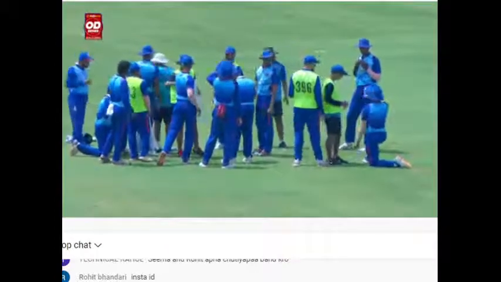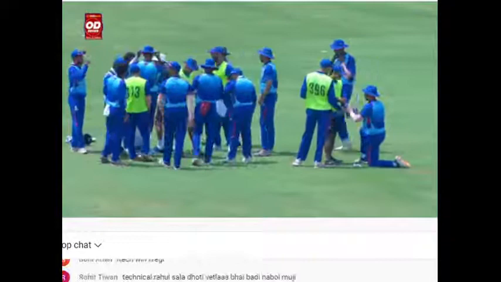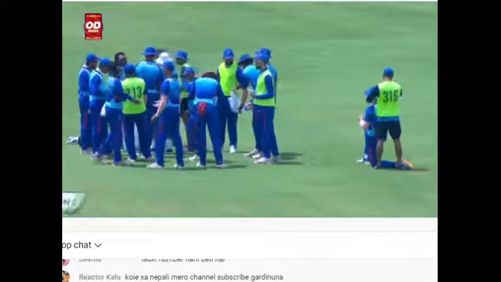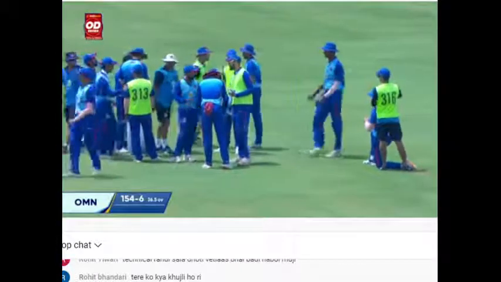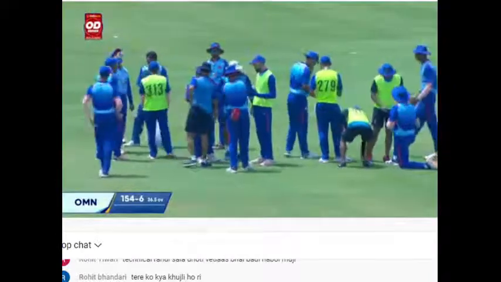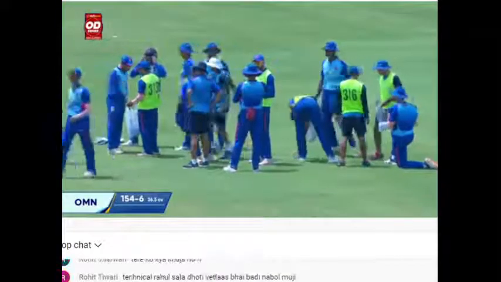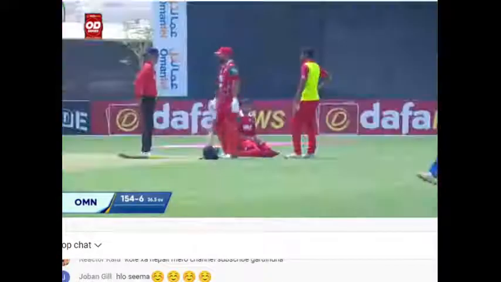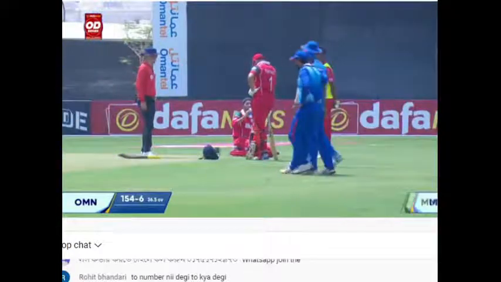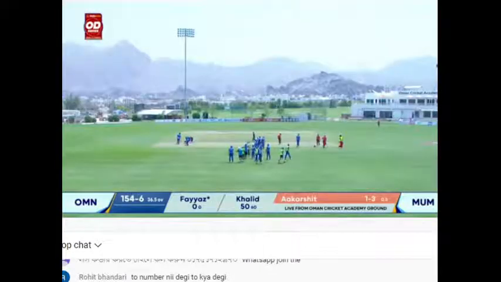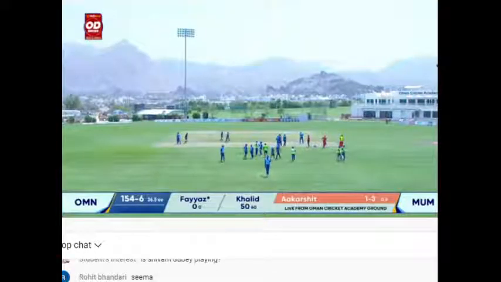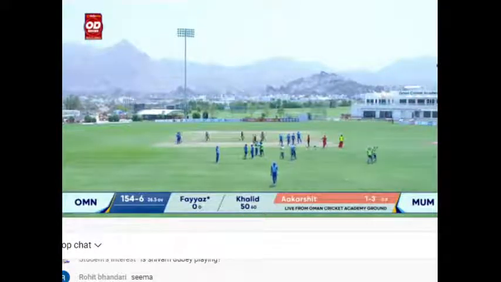The fielders take a quick drink. It is hot, and it's important to keep themselves hydrated. There is a time when as a team you get settled with the weather also. So it is hot and humid conditions in Oman, but these players have been here for a while now, so they must have adapted to the conditions. I'm sure, but it's equally important for them to keep themselves hydrated. It is hot, and with another 14 overs to go,